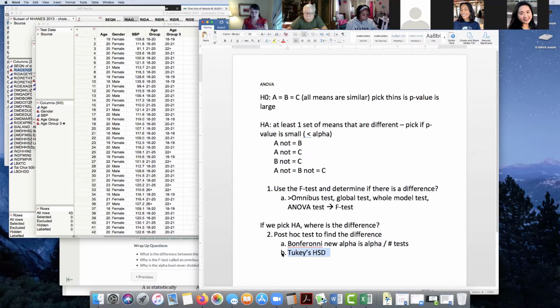And so Tukey's is a little bit different from Bonferroni in that it essentially looks at the smallest mean that you have and the biggest mean that you have, right? So let's say B is in the middle. It's going to compare A and C. And if A and C don't end up being different, Tukey's is going to go, you know what, we're done. Like we don't need to go any further. So it doesn't look at all the tests first. It looks at the biggest difference. And if it can declare that biggest difference statistically significant, it'll then look at the rest of them.